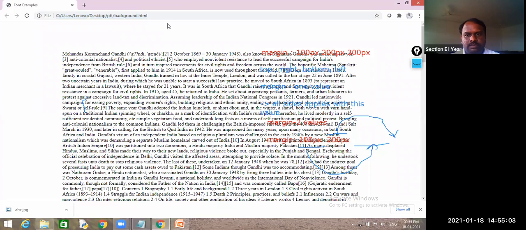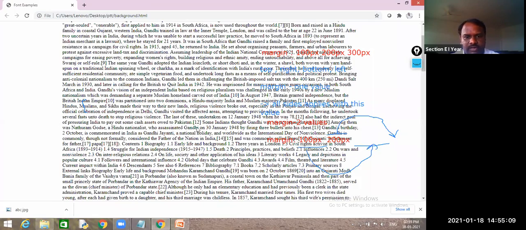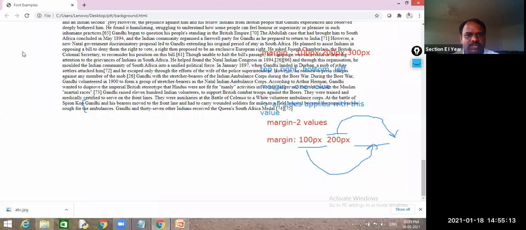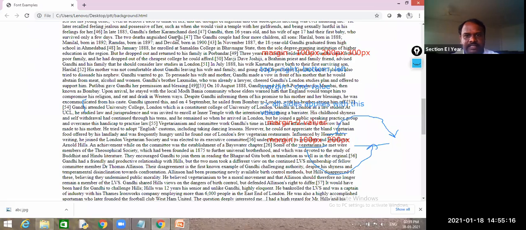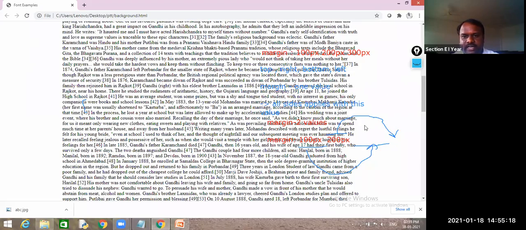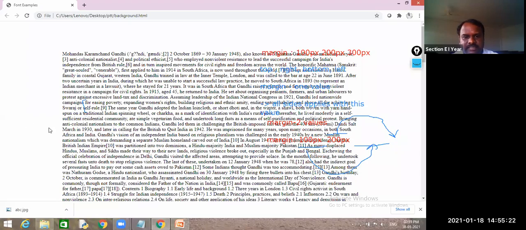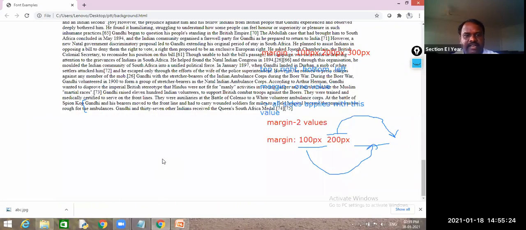Okay, it has changed. This is 100, this is 200, already available, and now this is 300. The left side is assigned the same as the right: 200. You did not give this value, so the same value was assigned, and the bottom side is 300.